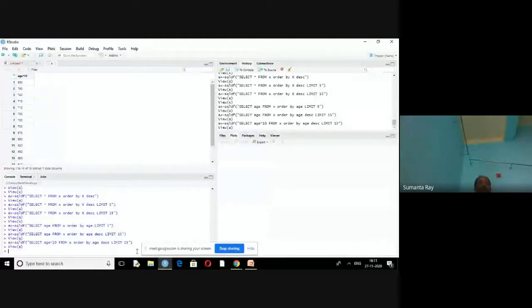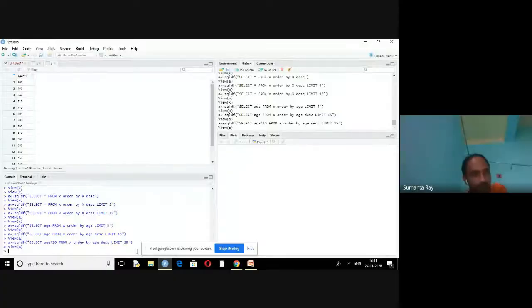The ages of the last 15 aged people will be displayed, multiplied by 10. Clear? Here I am performing an arithmetic operation over age. I just want to show you that you can perform arithmetical operations on any numeric field, any numeric column.